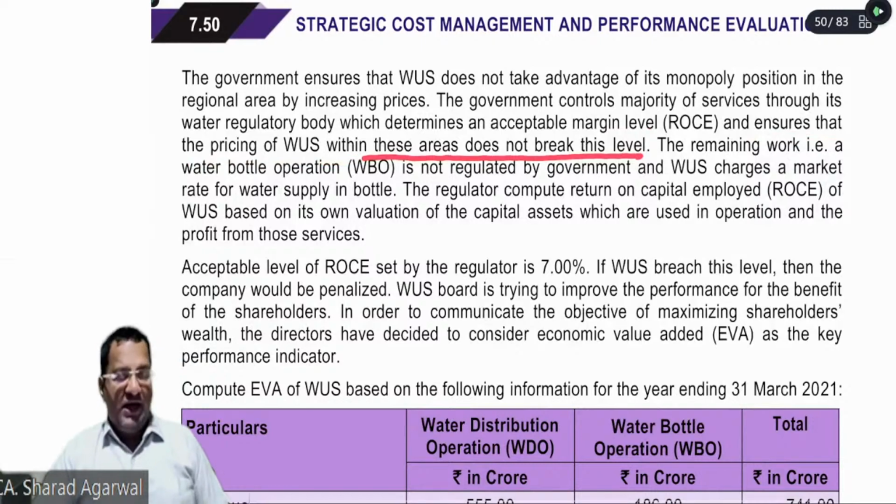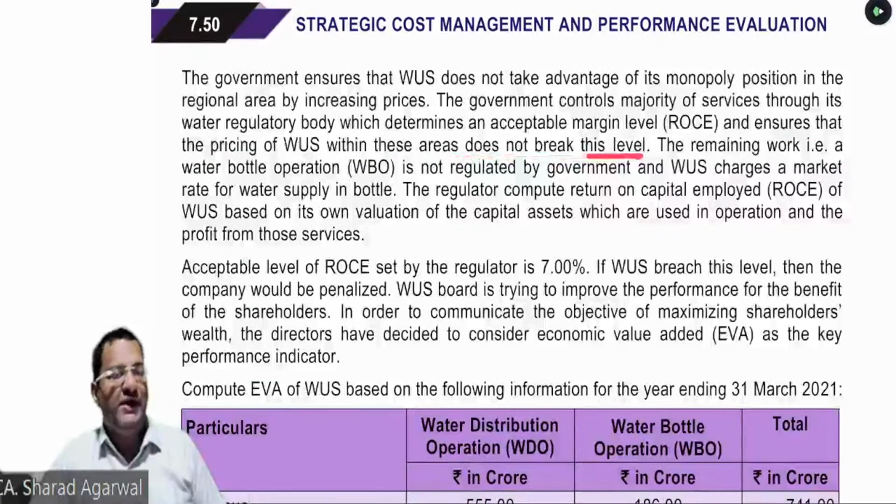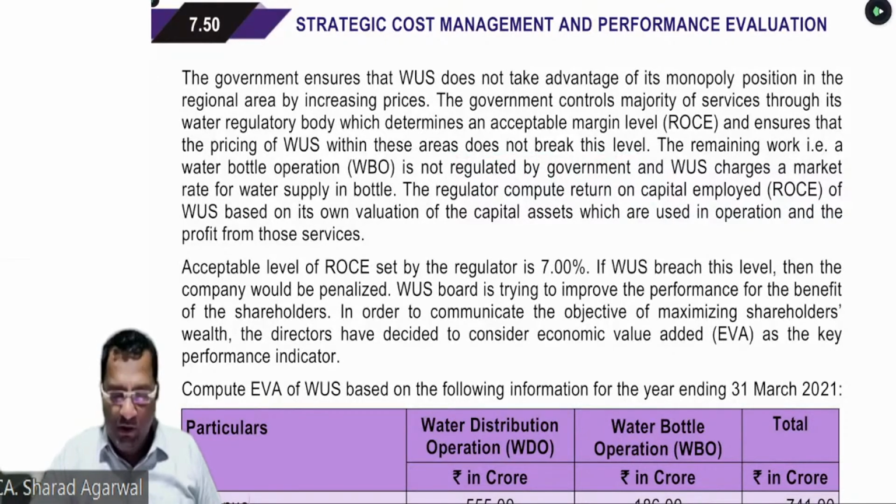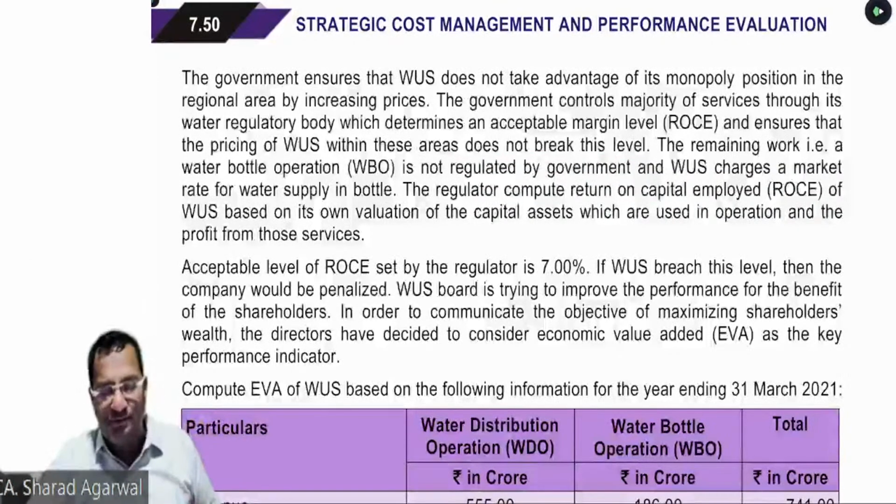So the exclusivity has been provided by the Maharashtra government. The Maharashtra government is also answerable to the public, since water is a basic need. So the government wants to ensure this through its department known as the Water Regulatory Body. What has the Water Regulatory Body done? They have established an acceptable ROCE to check whether the company is earning profit within that limit or